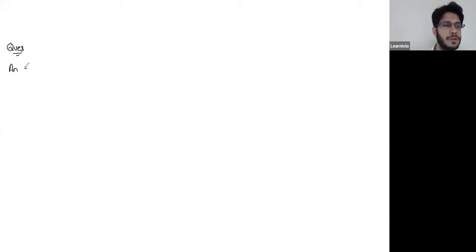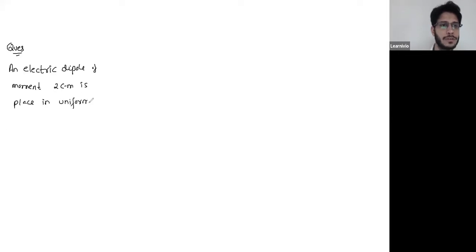An electric dipole of moment 2 coulomb meter is placed in uniform electric field of 5 Newton per coulomb. Uniform field of 5 Newton per coulomb. Calculate